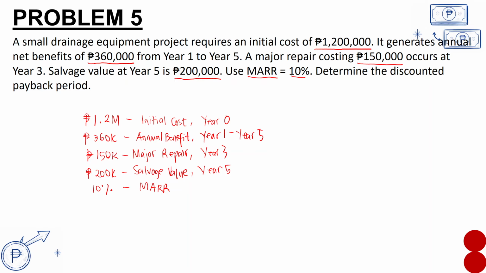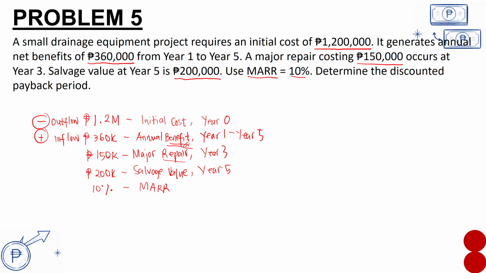Okay, so as we will not be confused with each of these costs, let's apply some sign convention. The 1.2 million is an initial cost. This is an outflow because the money was going out. This is a cost, and let's take this as a negative cash flow. The second one is a benefit or revenue. Therefore, this is an inflow. This is an income, so we'll use a positive sign.